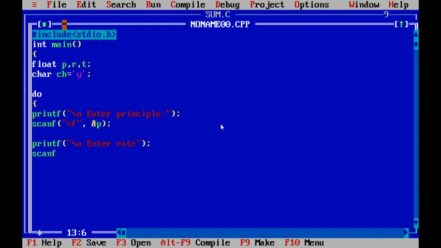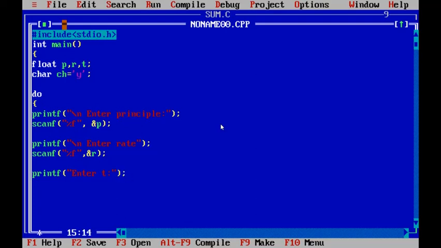scanf, percentage f, comma and address of r semicolon, printf, double quotes, enter t colon.